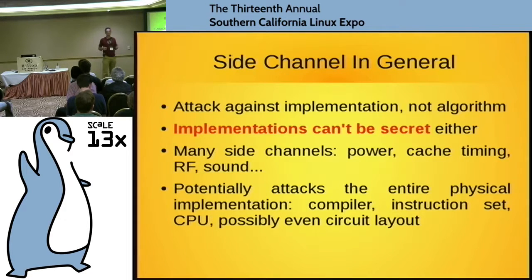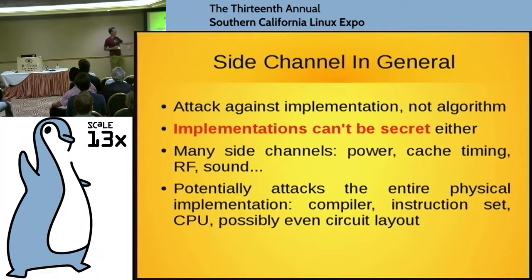It means basically that there's something about the physical implementation that leaks information on a channel of information that you did not intend, as a side effect of the fact that we're doing this in the real world and not in abstract mathematics. There are a lot of them. A lot of instructions will take the same amount of time on a modern processor because it's pipelined and so on, but they'll take different amounts of power because different numbers of transistors are active at any one time. And you can measure that power, okay?